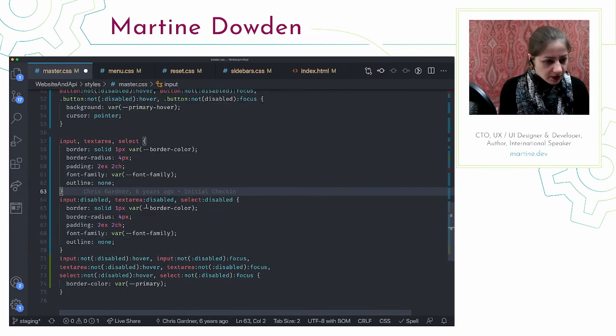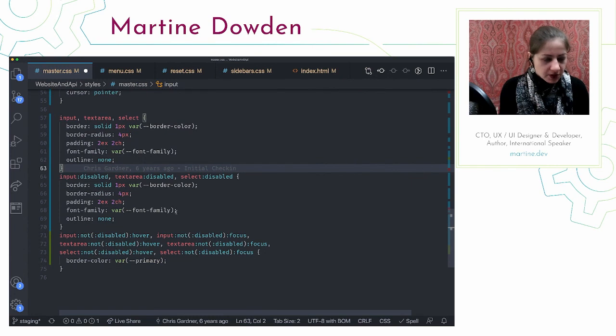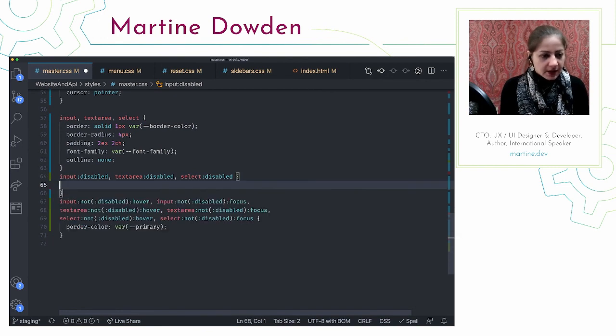So I'm just going to go override, because we're not going to end up in a situation where we're overriding the override of the override of the override. Because this is after this and this is more specific, because it's disabled versus not, right? This has one more, that's a higher level of specificity. I can just go ahead and reassign the same properties, and it's going to take the highest level of specificity as long as it matches.